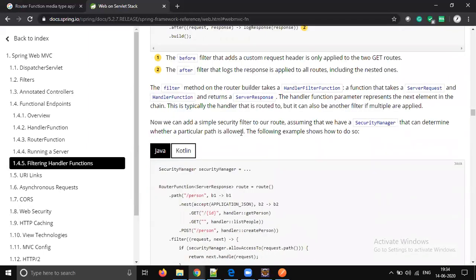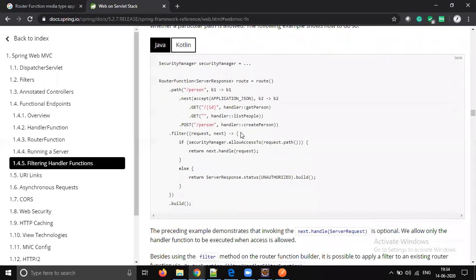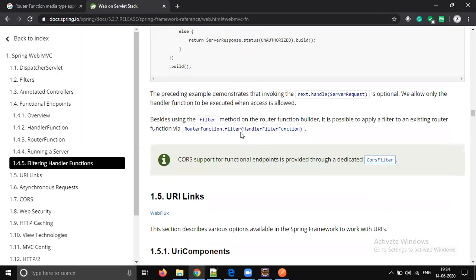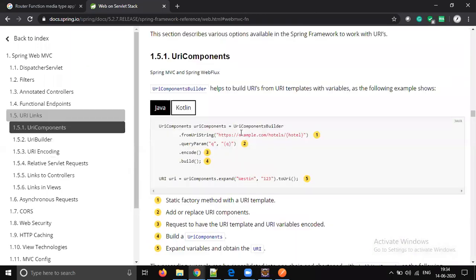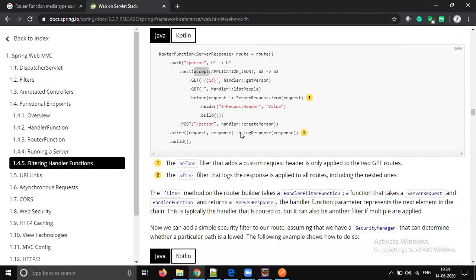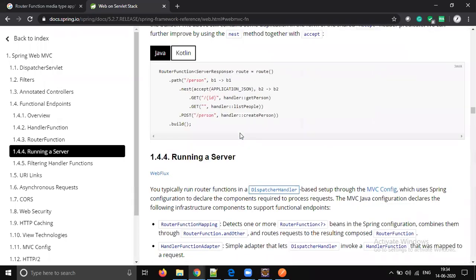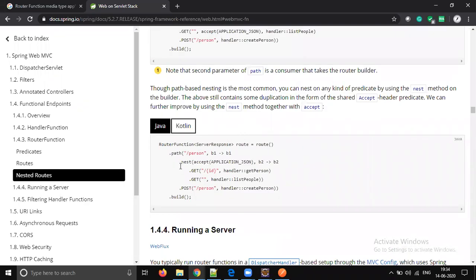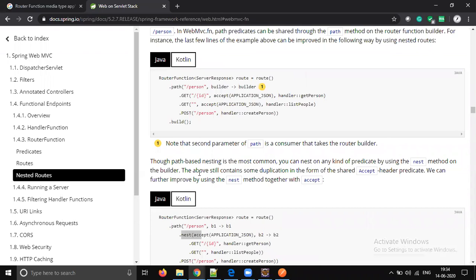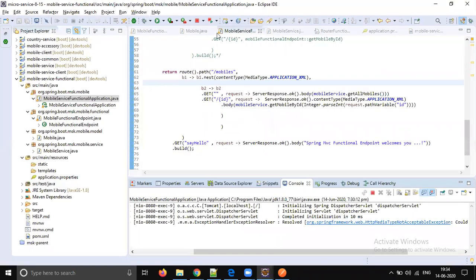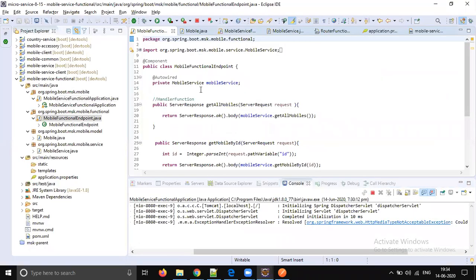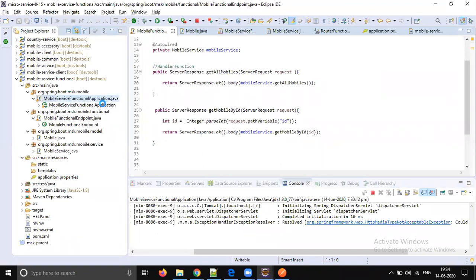Nested route, we need to see. All these examples here have only JSON, no XML. Okay, so for nested it is not working. If it is a direct route, it is working fine. So it should work for nested also, but there must be some change we need to do.